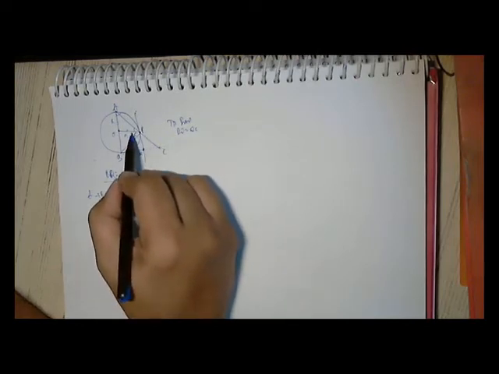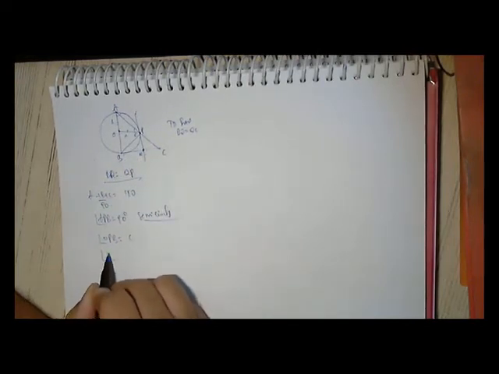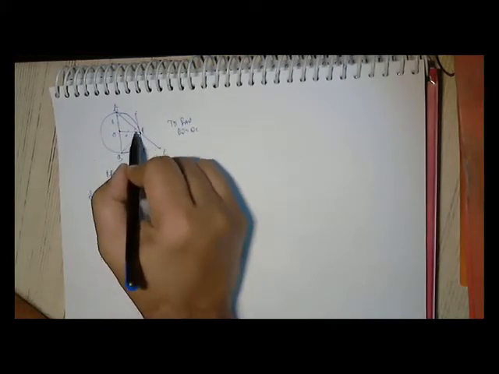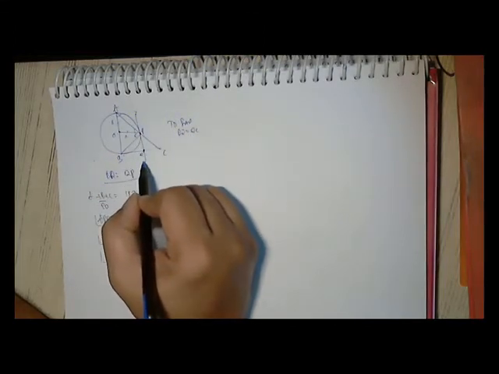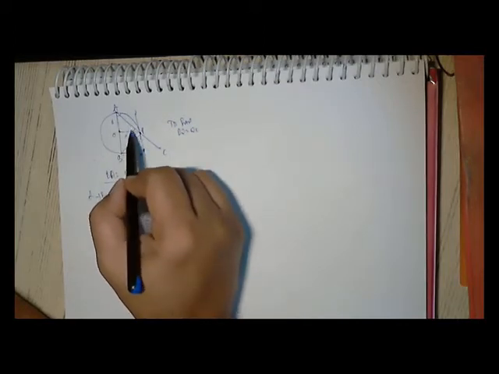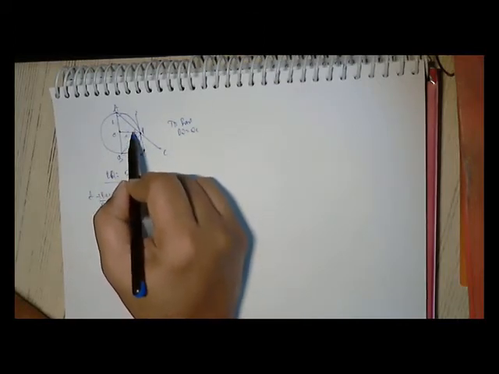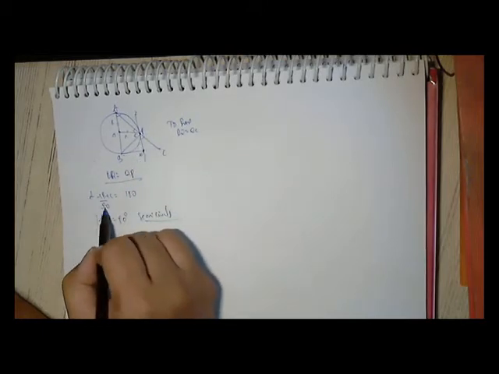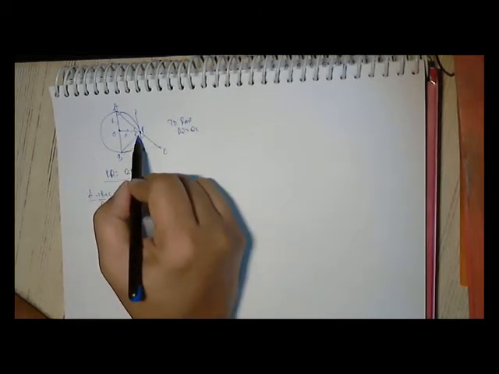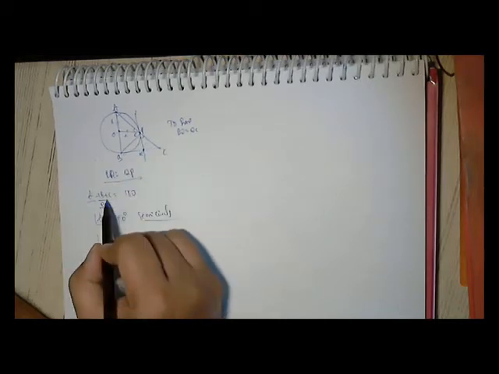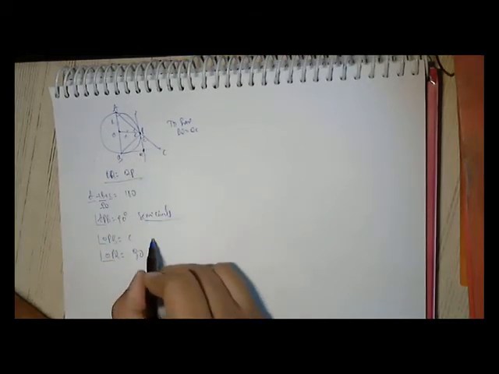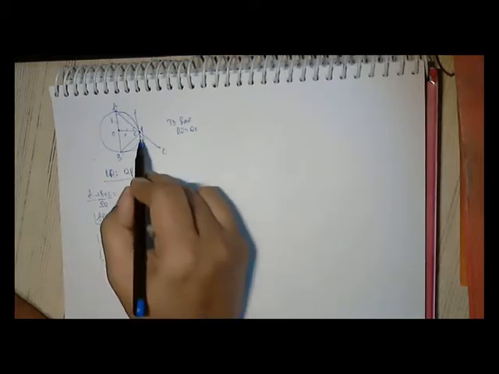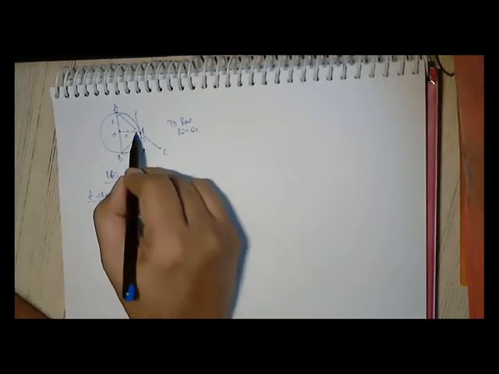Now, if you see here, angle OPQ is 90. OPQ is 90 because it is between radius and tangent. So if I say here A plus 90 is equal to 90 plus A. What is left over here? 90 plus A is up to this point. So whatever is left over is C. So this is C. Angle QPC is C. Why C? Because total is 180 and this is 90.